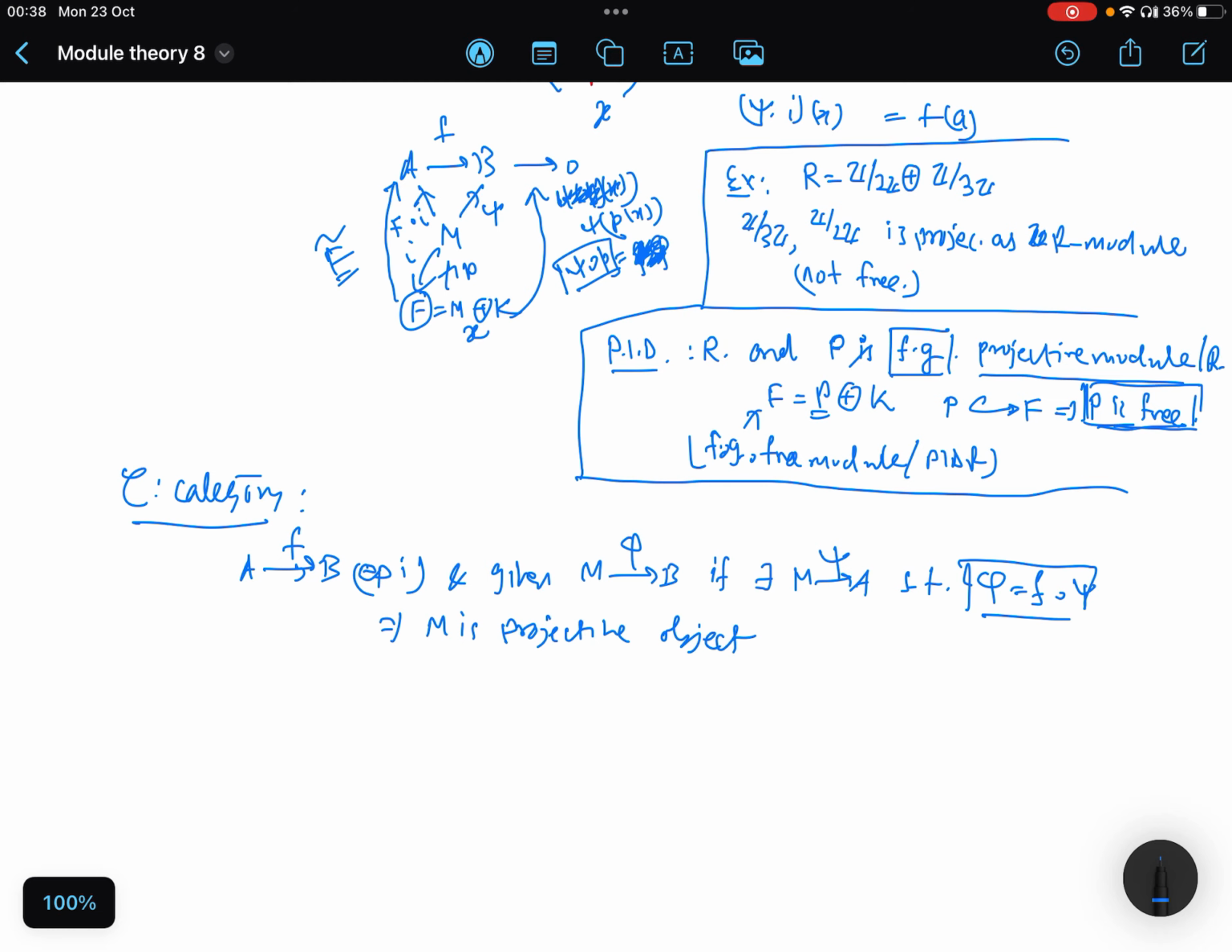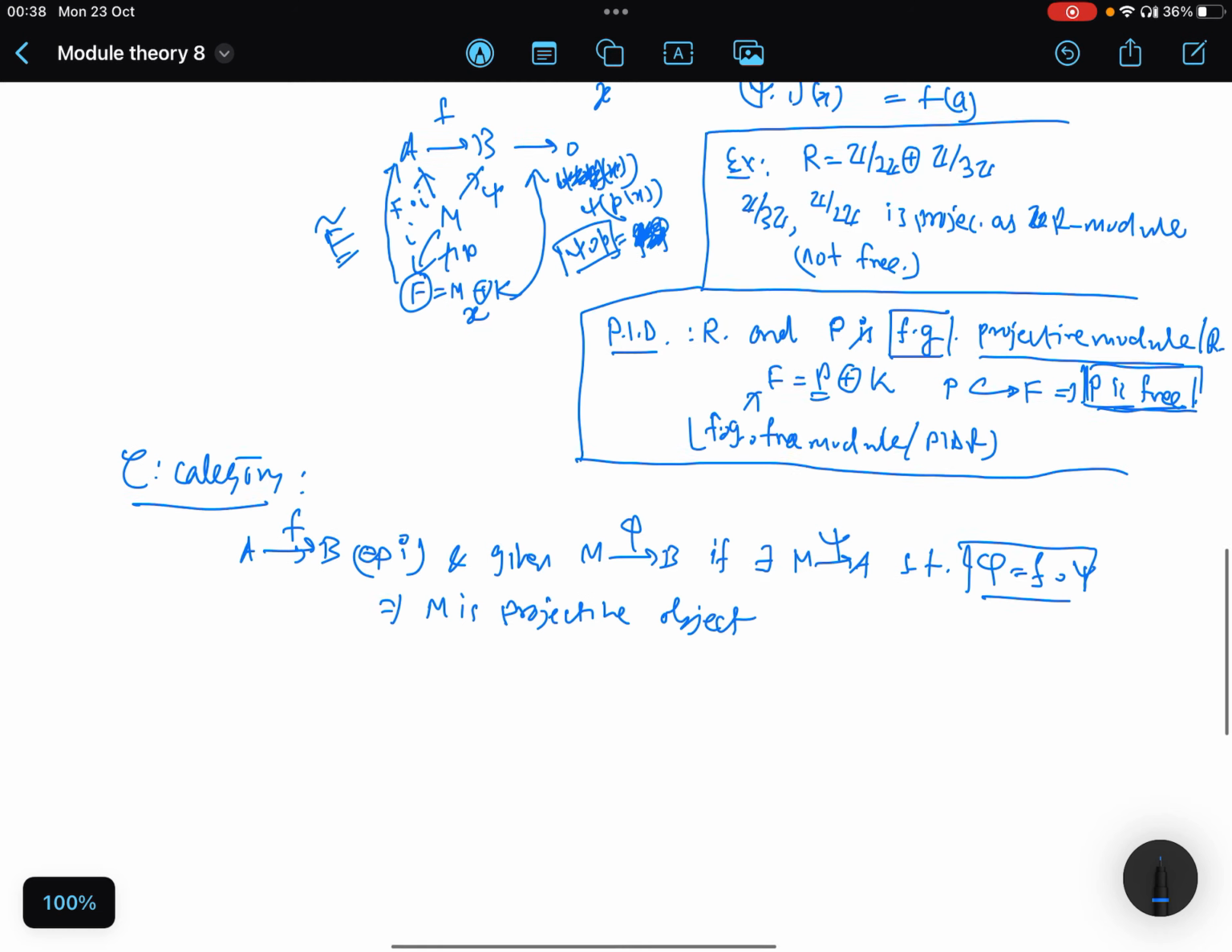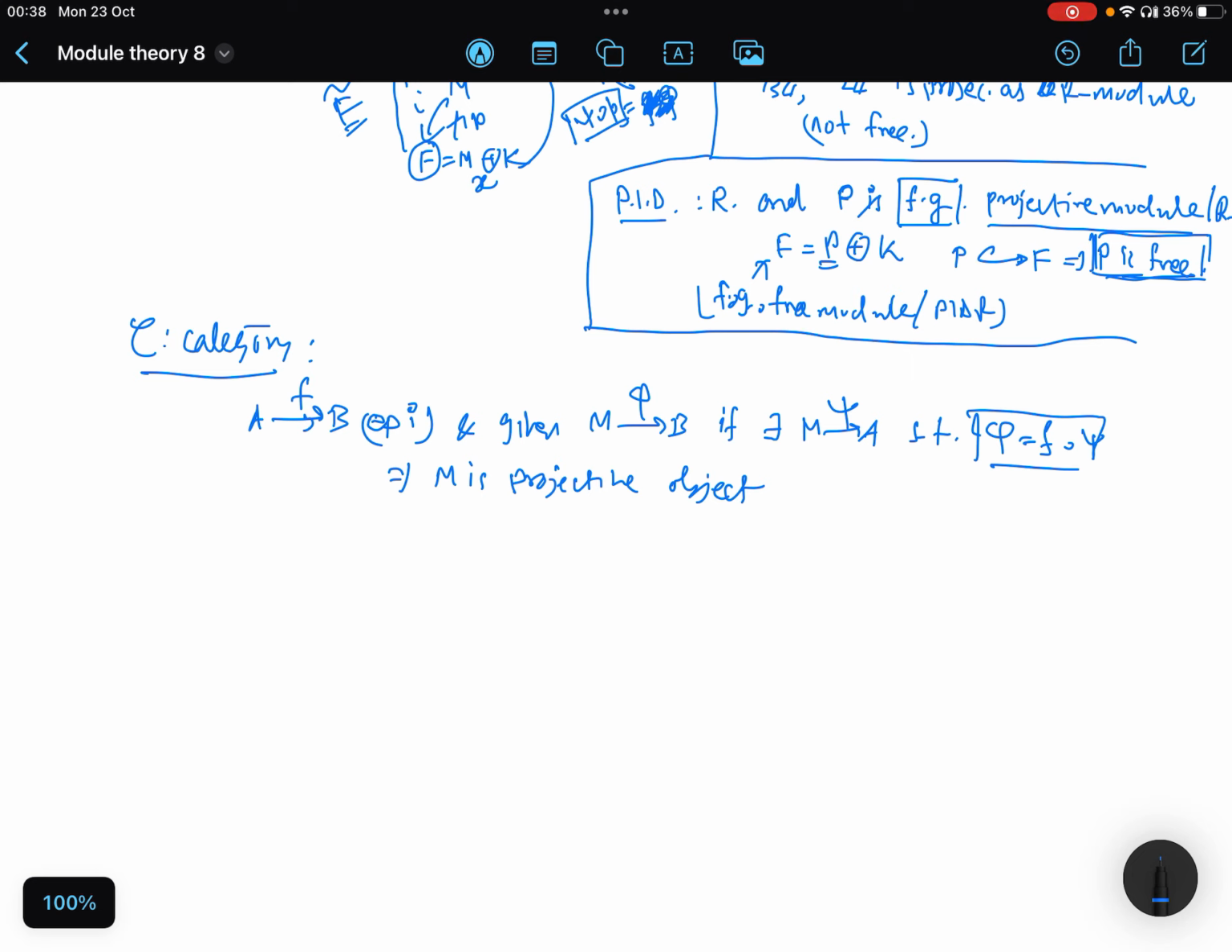There is a more abstract way. If you look at the diagram, you have this F, you have this phi, and you can lift it up to psi. So this is a projective. Now, if you reverse everything,